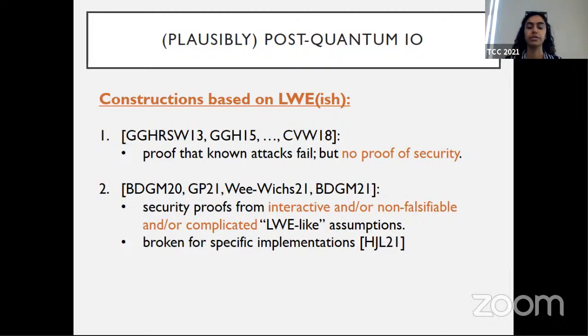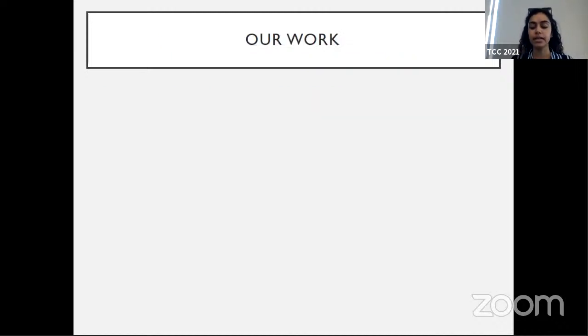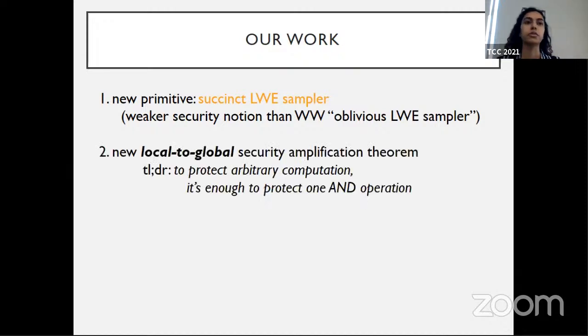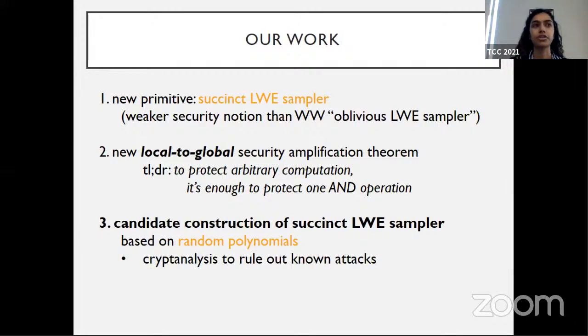The point of this work is to try to base IO on an LWE-like assumption that is non-interactive, falsifiable, and as simple as possible. In our work, we define a new primitive, which we call a succinct LWE sampler. This is a weaker security notion than the oblivious LWE sampler in WW21. We'll also show a local to global security amplification theorem. This is our main theorem, which shows that to protect arbitrary computation, it's actually enough to protect one operation. I'll go into a little more detail about what this means later in the talk. And lastly, we show a candidate construction of a succinct LWE sampler with security based on random polynomials. And we do